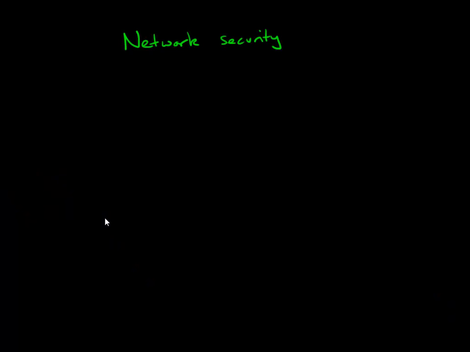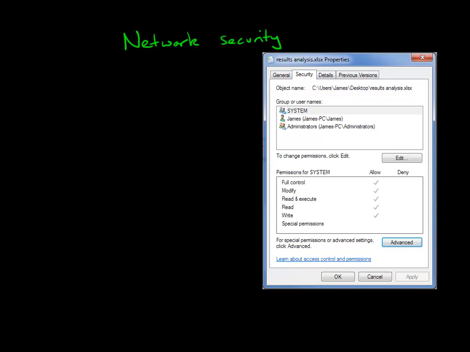What we're looking at in this video is network security, and we're taking a look at some of the protections we can put in place to stop some of the hacking or cracking attacks. One of the first things which can be done to protect a system is permissions. We're dealing here with user access levels,